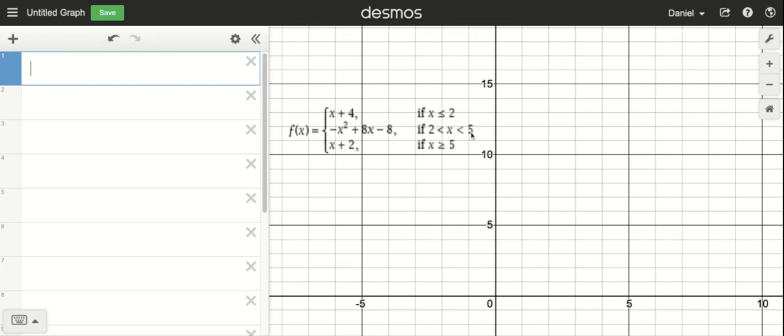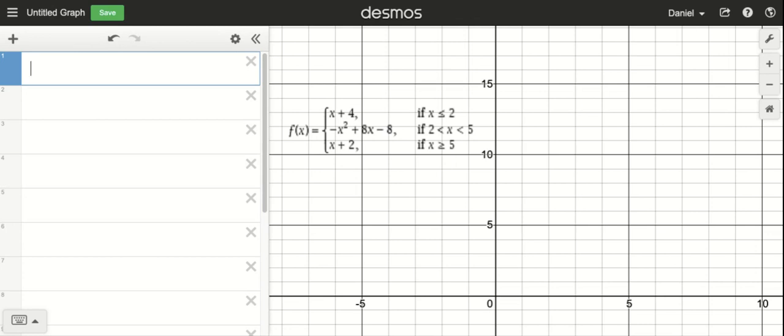If x is between 2 and 5, then the function rule will be negative x squared plus 8x minus 8. And if x is greater than or equal to 5, the function rule to find the output will be x plus 2. Now, even though Desmos looks very different from how we write this by hand when we're doing piecewise